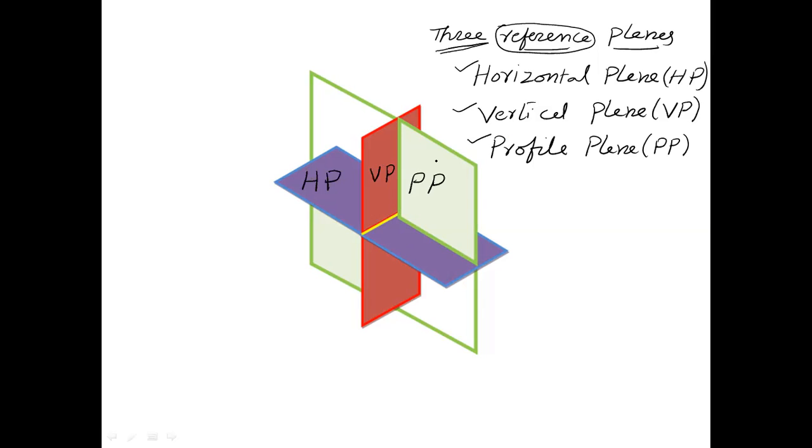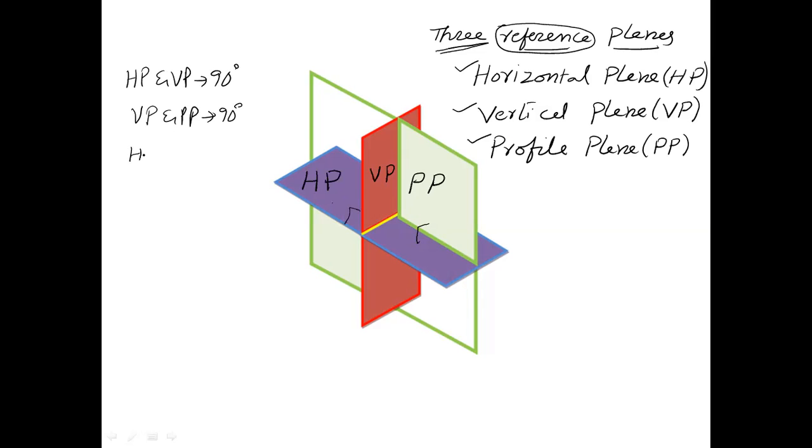Now observe the angle between a pair of planes. What is the angle between horizontal plane and vertical plane, dosto? The angle between horizontal and vertical plane is 90 degrees. Now take another pair of planes. The angle between vertical plane and profile plane, what is this angle, dosto? Again it is 90 degrees. What is the angle between profile plane and horizontal plane, dosto? Again this is 90 degrees.